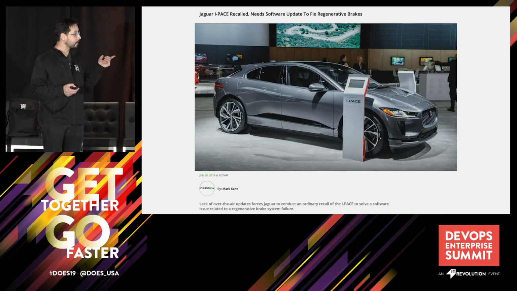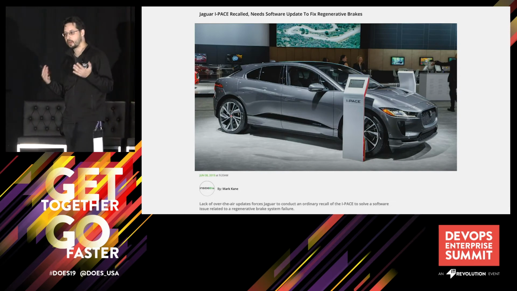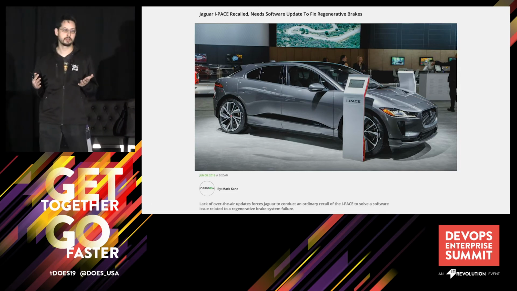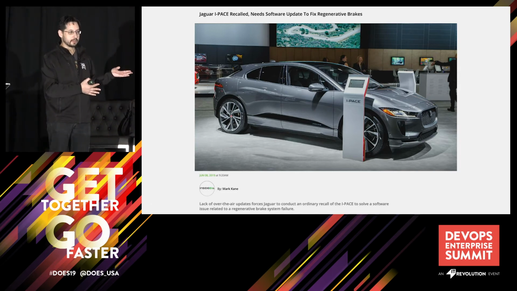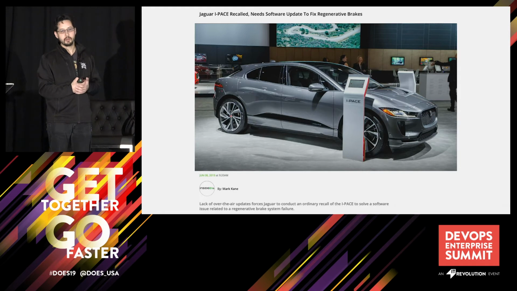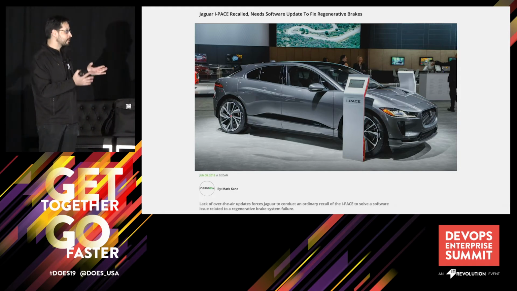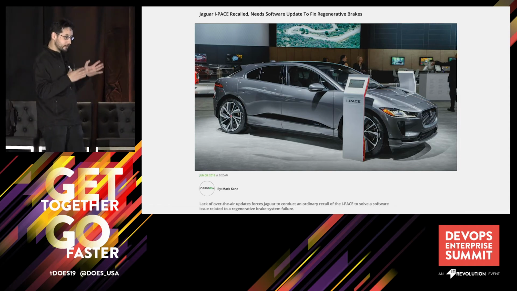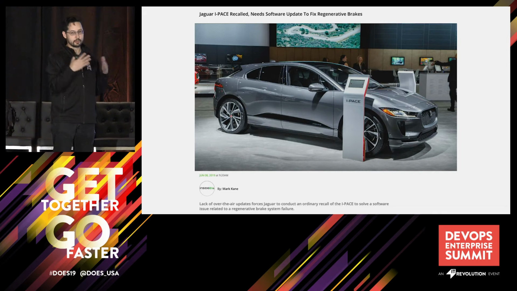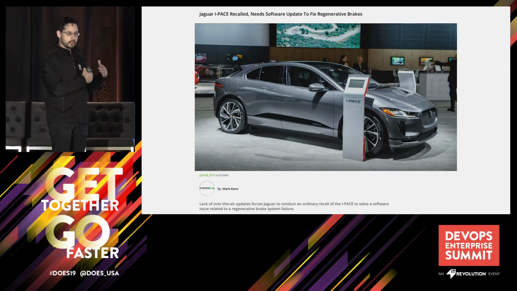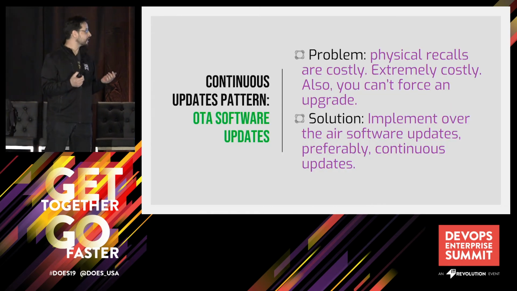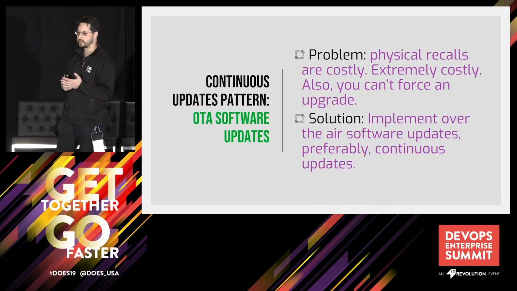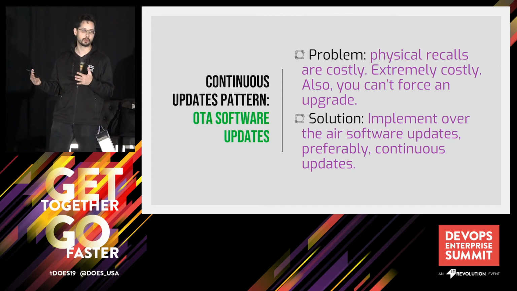Jaguar had an issue with their cars where they had to do a massive recall, and it was a problem with the braking system. So obviously, if you're driving a car, you want to make sure that this is a safety feature. Brakes should obviously be working. Fortunately, in this case, the core braking function was fine. The car stopped. It was the regenerative braking which was broken. So you could take it back for the recall. They would fix it. But the problem with this is it's extremely expensive to then take cars physically back and to do manual recalls of them.